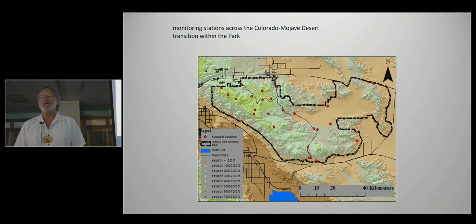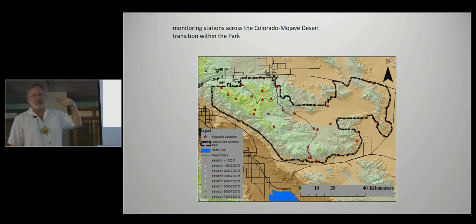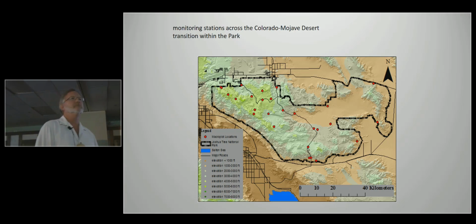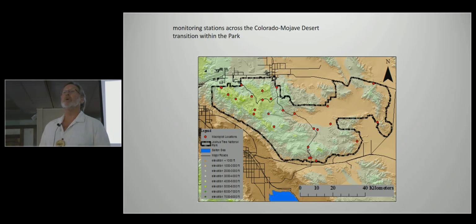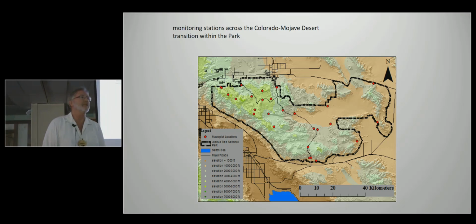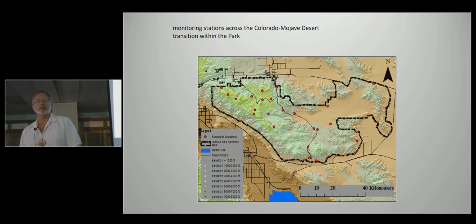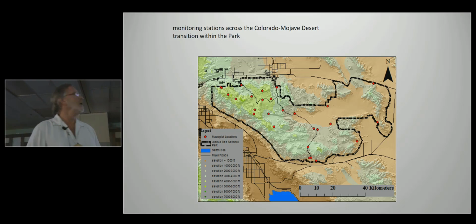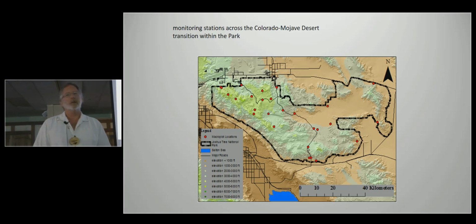It's a teachable moment. And so we created a series of 27 plots all over the park. And we're going to measure everything that we can. Not everything. We're not going to look at soil biology, although if we can find somebody who wants to do it on our plots, we'd love that. We're not going to look at insect biodiversity, although if we can find somebody to do it, we'd love that. We're going to look at vertebrates and plants. Those are the two things we're going to look at. And we're going to watch how those species change or don't change over time as it comes to climate change.